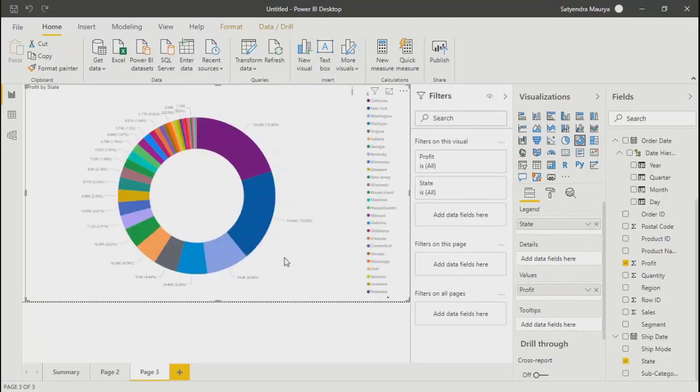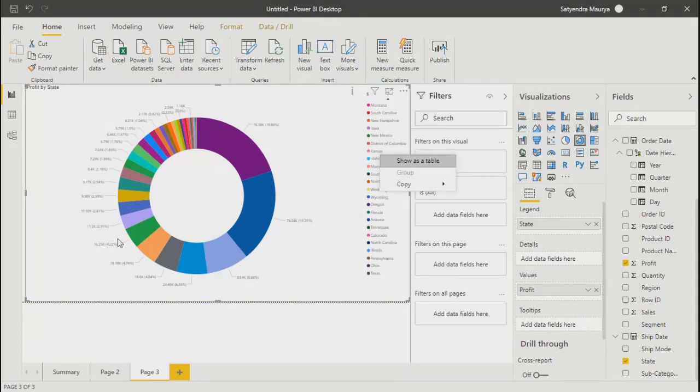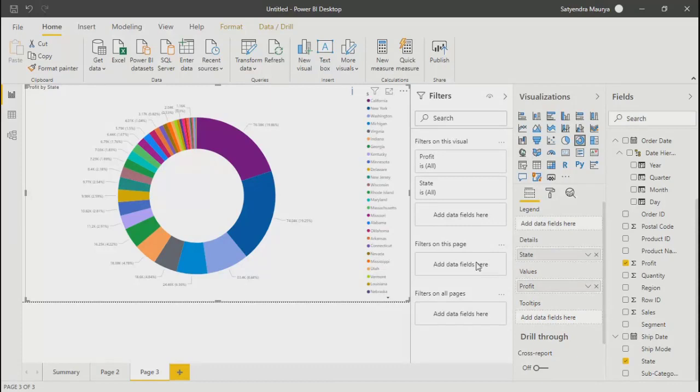You understood the difference, right? On the legend, you have state. That's why you're getting different colors as well as this list of states. But what I said, I don't need this list over here. I'm okay with colors on this particular donut, but I don't need this list. So for that, you can try dragging this onto details. There are a number of options which I will try now. First of all, I'm putting it on details and we have removed it from state, but still you can see your list is there. I don't need this actually.